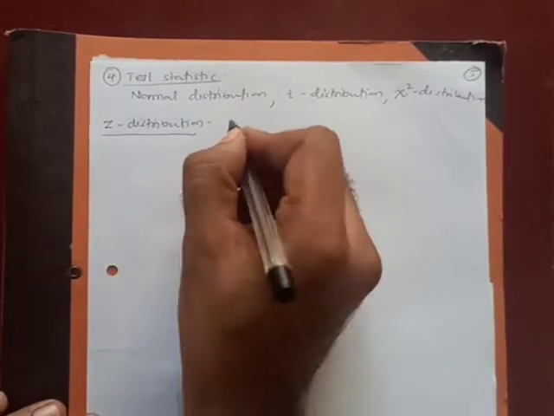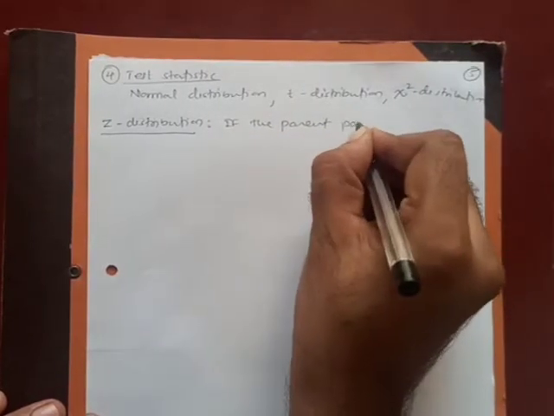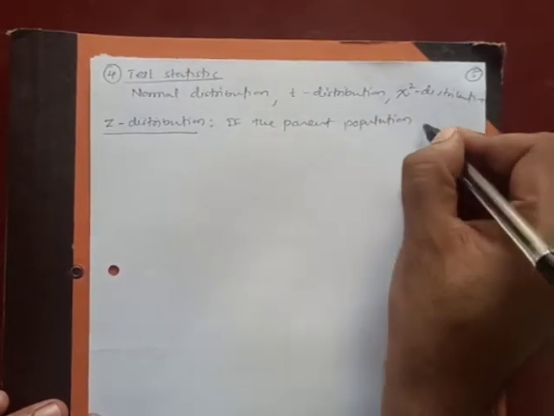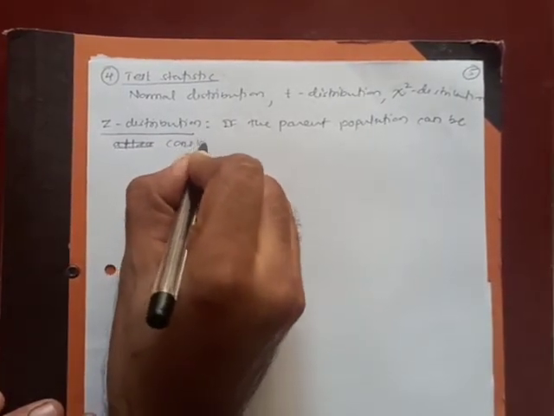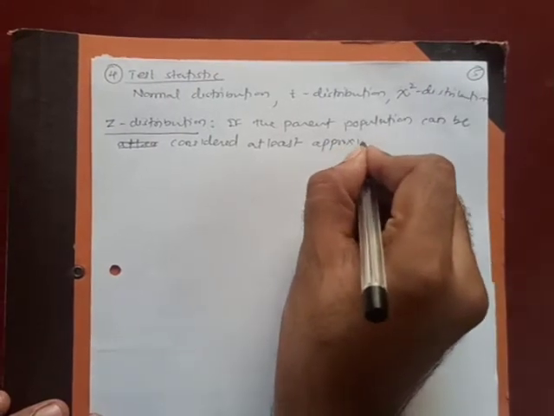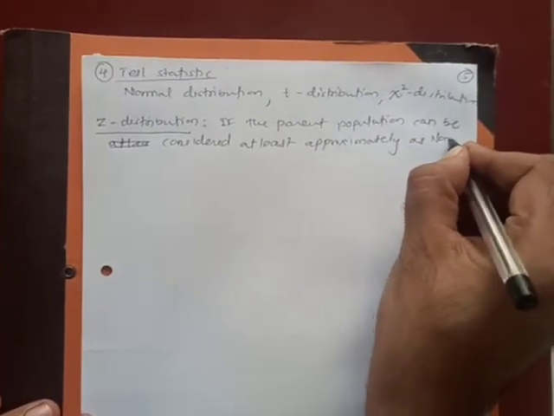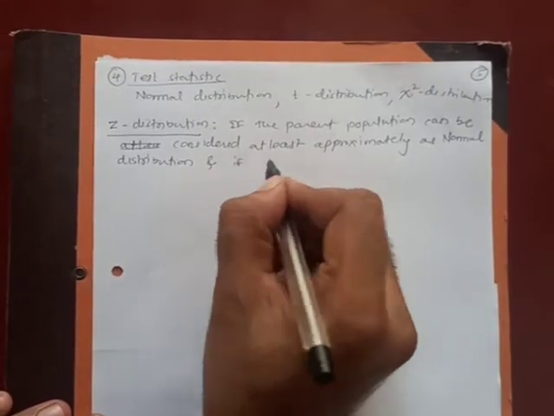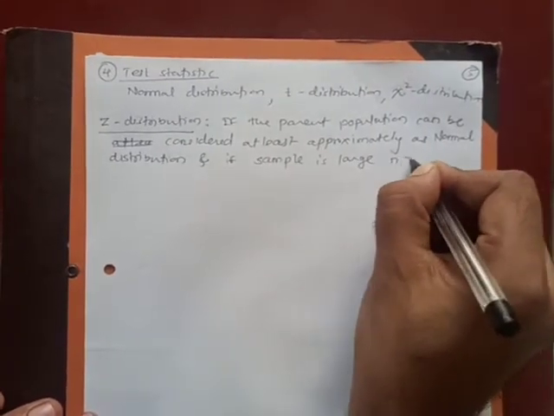Now Z distribution will be used when the parent population, that means the population from which you have taken the sample, if the parent population can be considered at least approximately as normal distribution, and if another condition is that the sample is large, large means what? Number of samples is greater than or equal to 30,